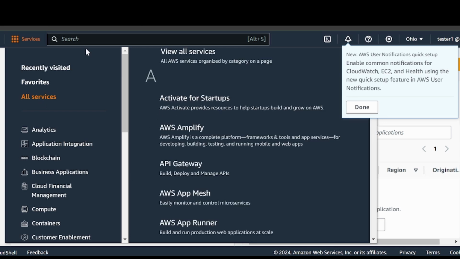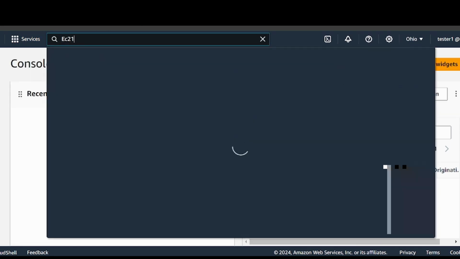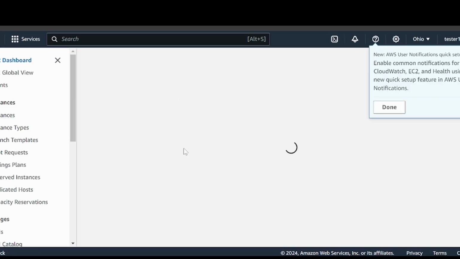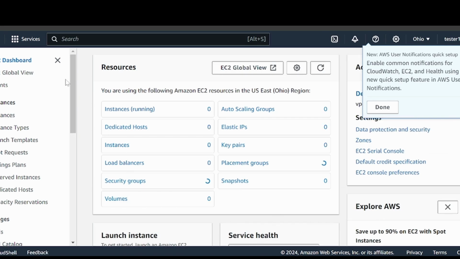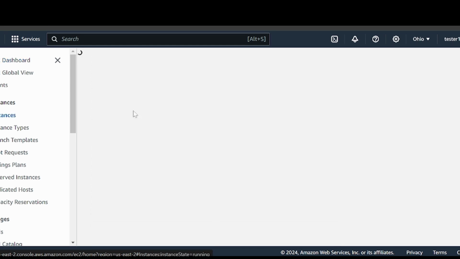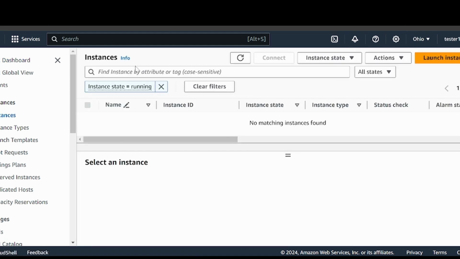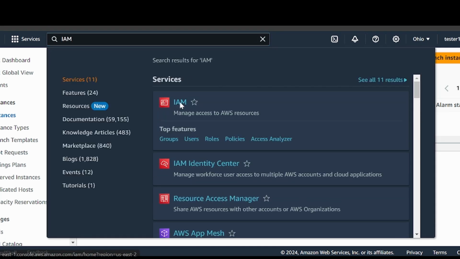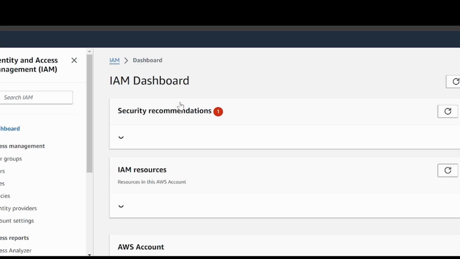All services. Let's see if I have access to EC2. EC2 is another service, but I'm just trying to show that I've got access. Yeah, so this is also another module inside AWS, and I pretty much have access, at least to land on this page with instances running, and I will be able to create an EC2 instance, but that's off topic. Let's go to IAM. So now I'm inside IAM, and